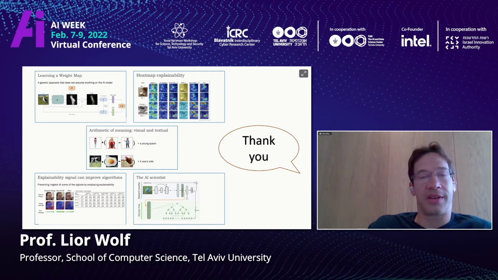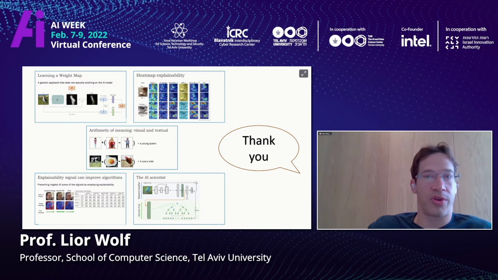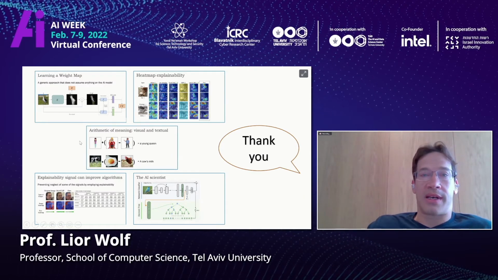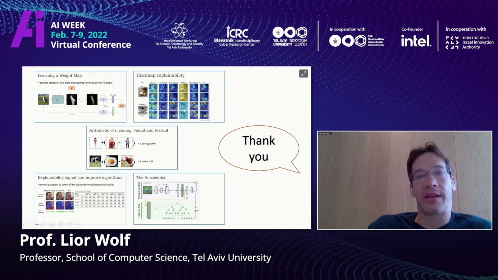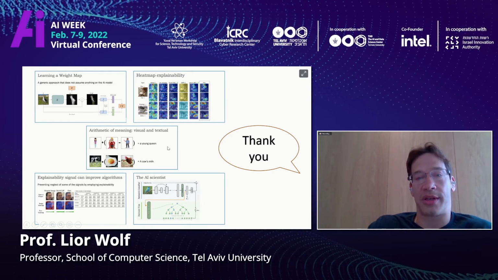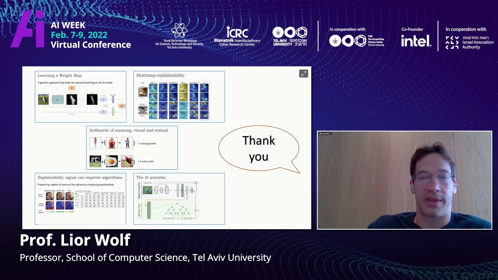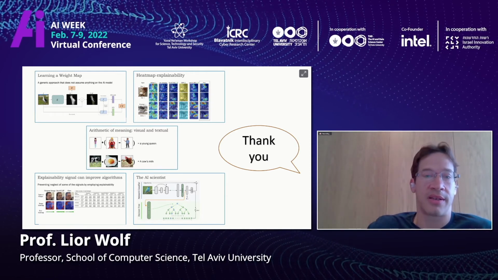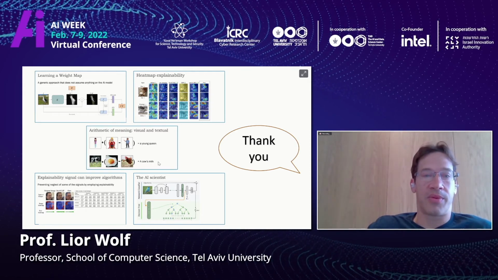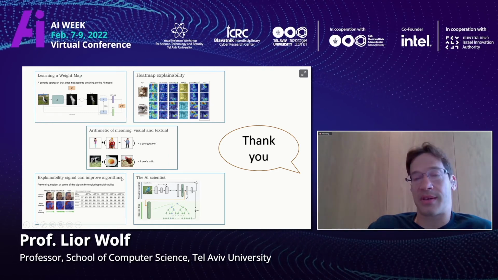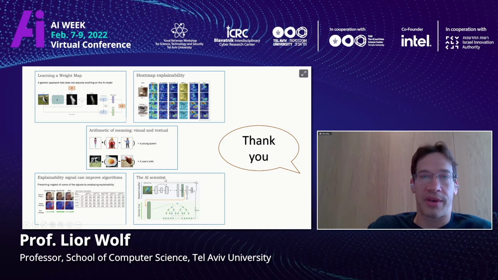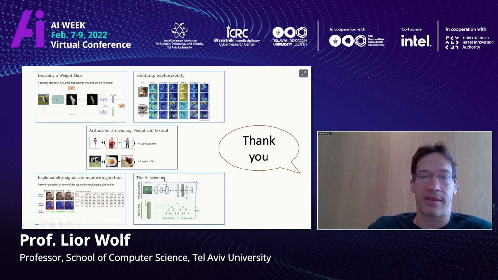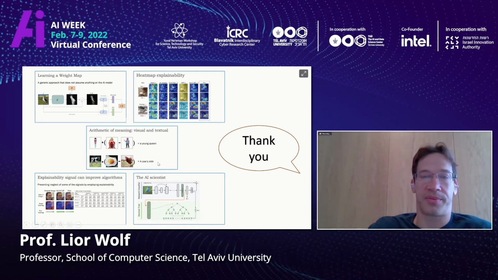I really enjoyed this talk and I'm looking forward to questions. We discussed three different methods for explainability: a black box one, a heat map, and one that actually converts the inner workings of the classifier to text. And then we described how to use explainability to improve algorithms and how to make the computer think like a scientist. Thank you very much.